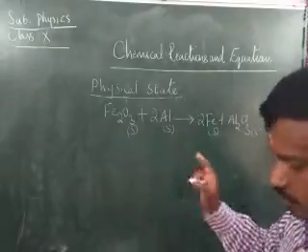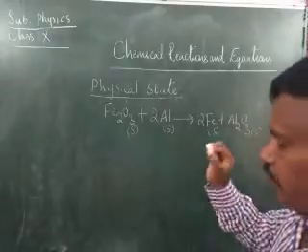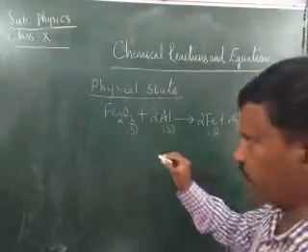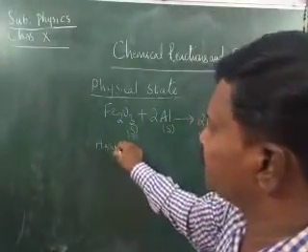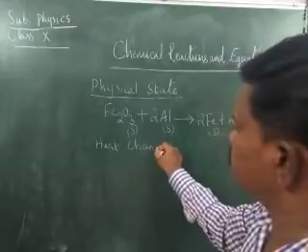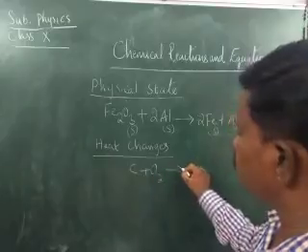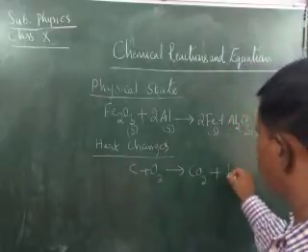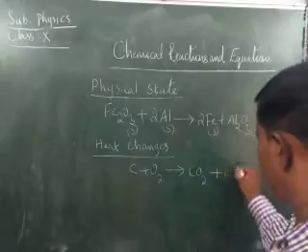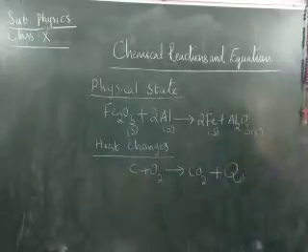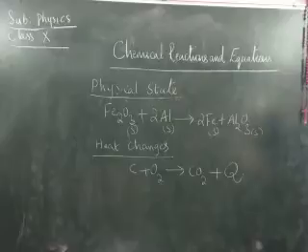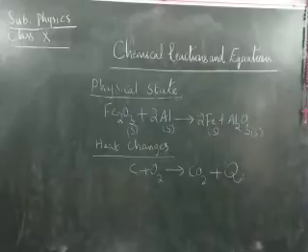If it is a liquid, normally we indicate it with a liquid symbol, children. And next, the second one we have is heat changes. For this example, C plus O2 gives rise to CO2 with the liberation of heat. Normally we represent heat with the letter Q. When carbon reacts on heating with oxygen, it gives carbon dioxide and heat is evolved, heat is liberated. Therefore this is the heat change.